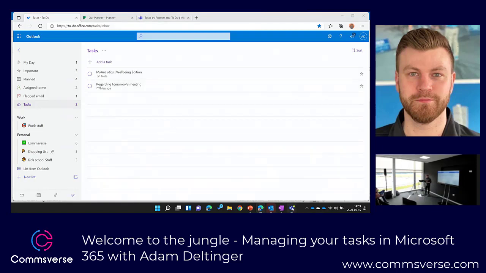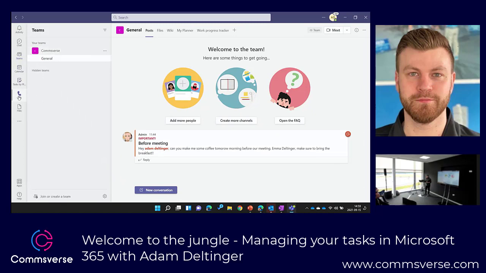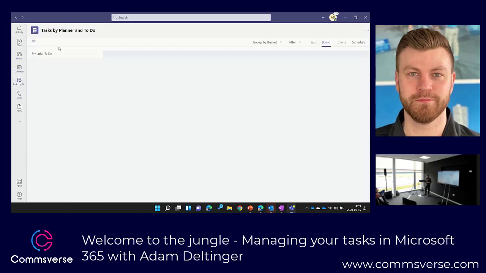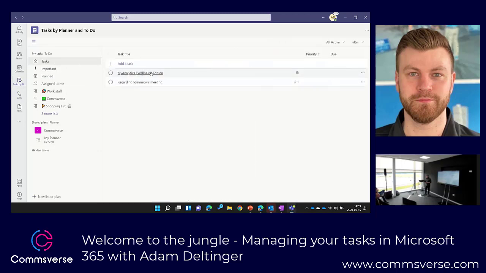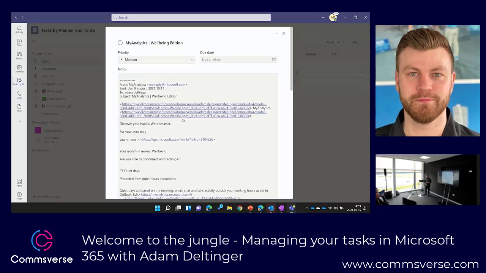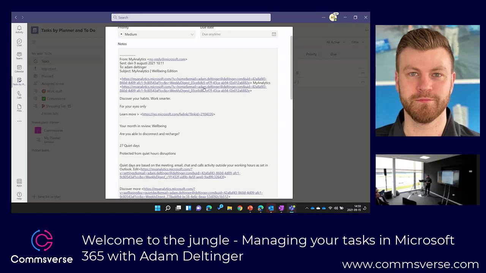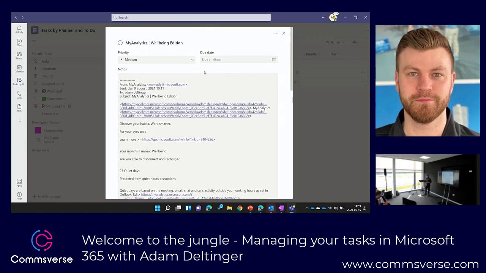And of course, if you go into Teams here, go to the Tasks app over here, we can now see that if you go to the general task folder, it's been updated there as well. And from here, I can actually also get a link to the email in Outlook, and I can work with the due date and priority as well.